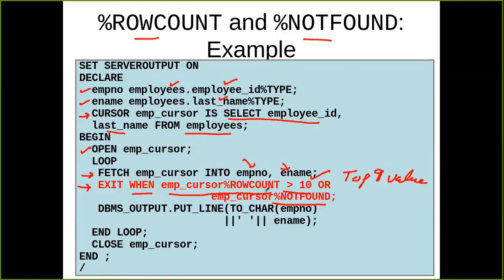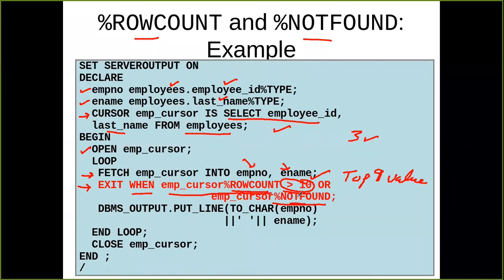So you can check the number of rows that have been fetched, and you can also use %NOTFOUND. Suppose this query returns only 3 rows. Then the count will never go up to 10, so your condition should also consider this factor.